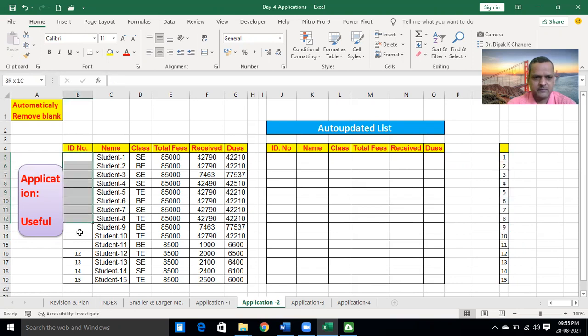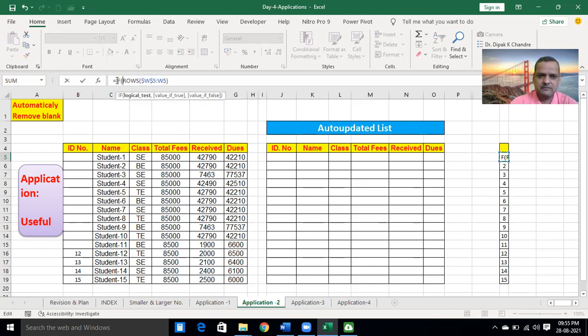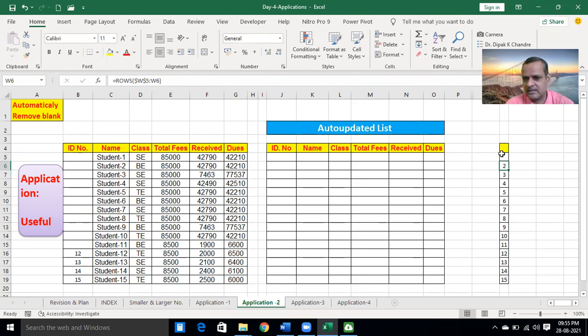If this number is blank, at the same time this highlighted number should be blank. How is it possible? Again use the IF formula with the blank function. If this cell is blank, then return blank, and then close the round bracket, and then drag this formula.